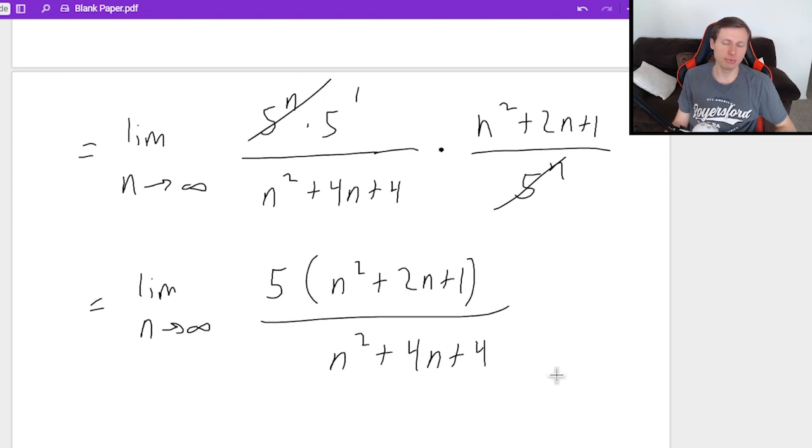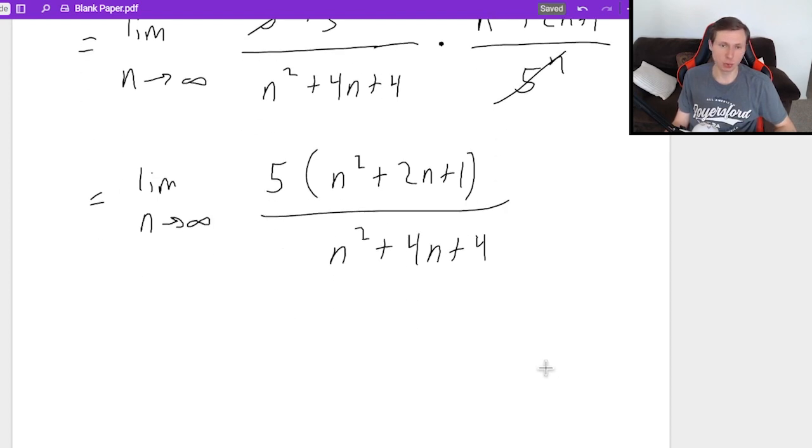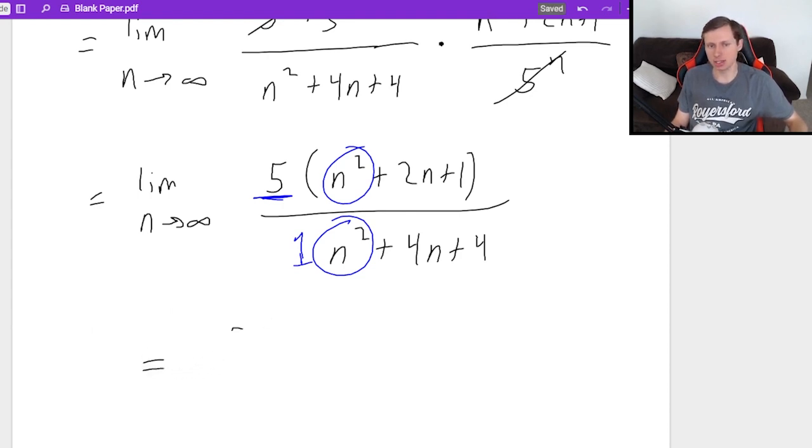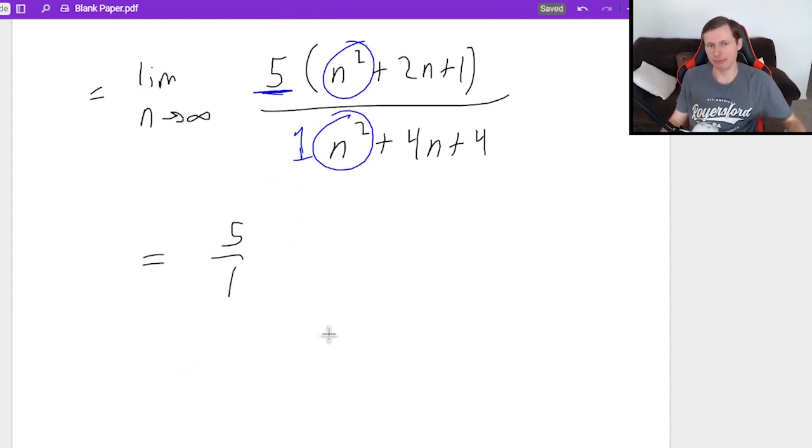Now, if you think of your limits at infinity rules, I would say that the degree of the numerator is the same as the degree of the denominator. They're both n squared. So you look at the coefficients out in front. The coefficient of the numerator is this 5, and the coefficient of the denominator is just 1. So the answer is going to be just 5 over 1. Now 5 is greater than 1, so we instantly know it diverges by